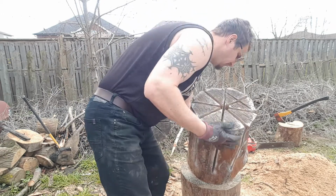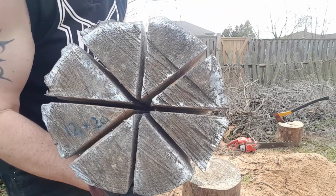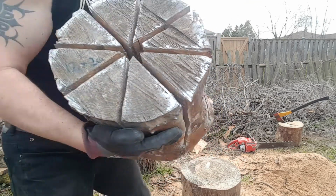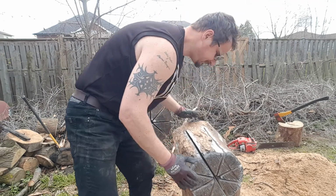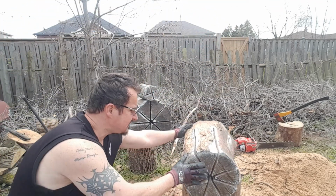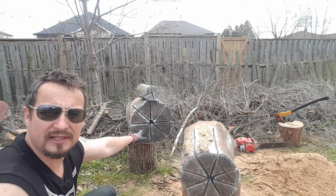Let me bring this one closer. Oh, this fucker is heavy. Look at this. Pretty cool stuff. And then the mega size, these giant ones, I'm not going to even try to lift it up